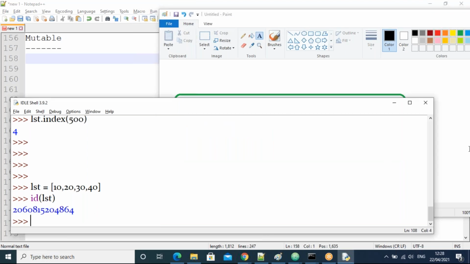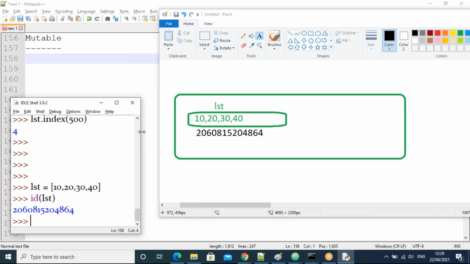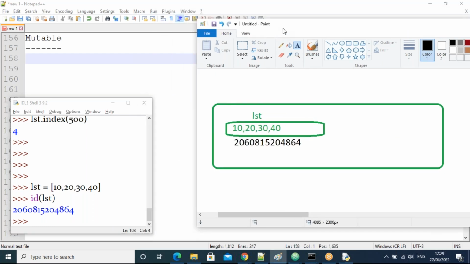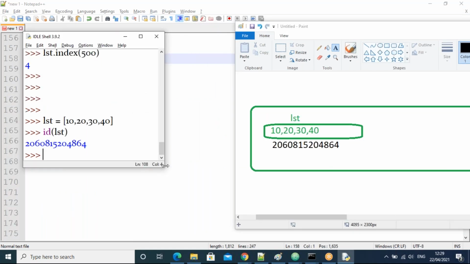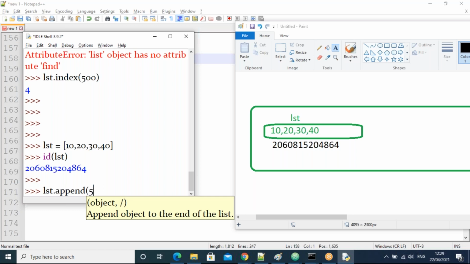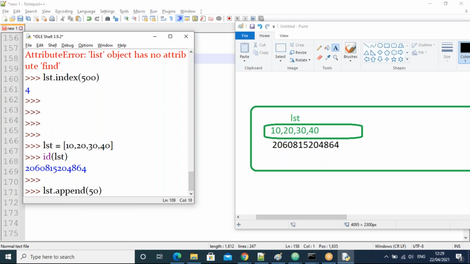Now I am going to modify the list. I can increase the list or decrease the list, which is possible because a list is a dynamic object. Now lst.append(50), a new element. My point is, after adding the new value, will the address change or will the same address remain for the list?